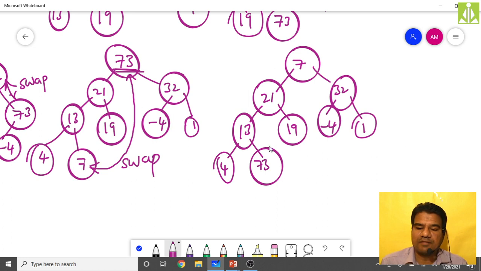Okay, so after doing like this, after swapping, simply delete this node. After deleting, what we will get?